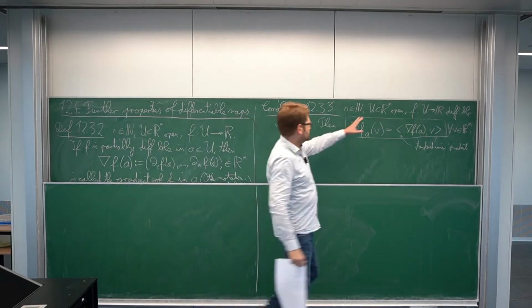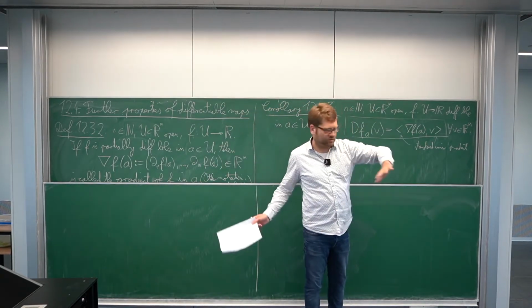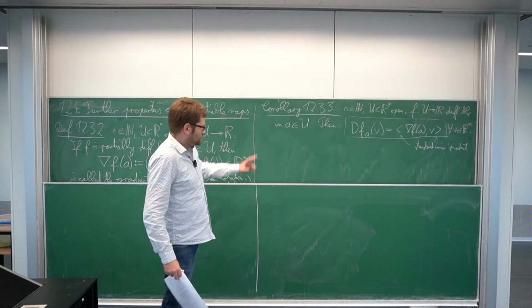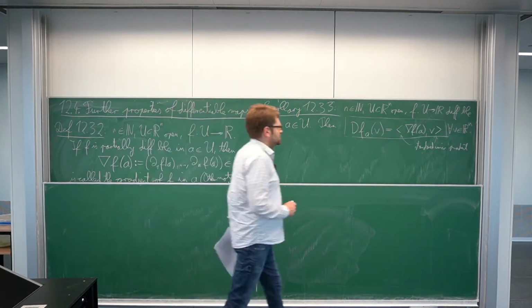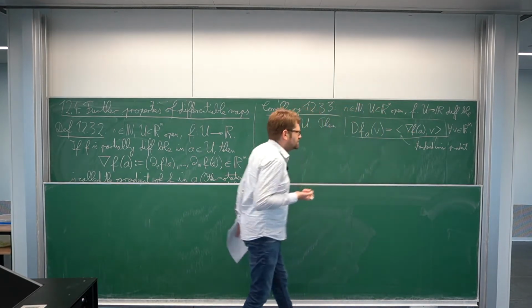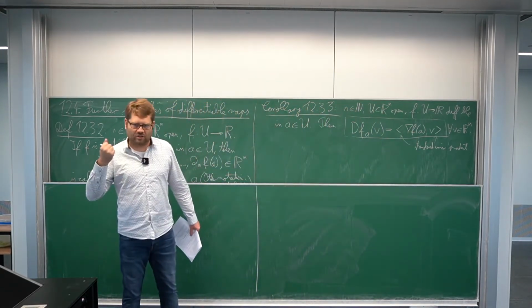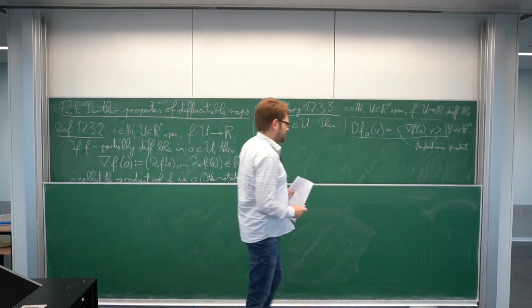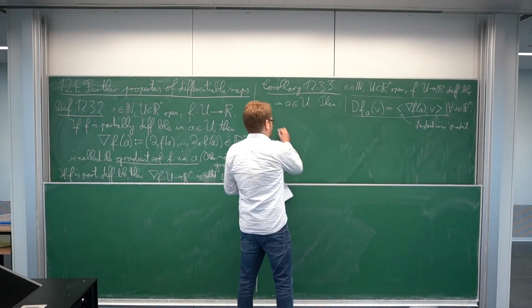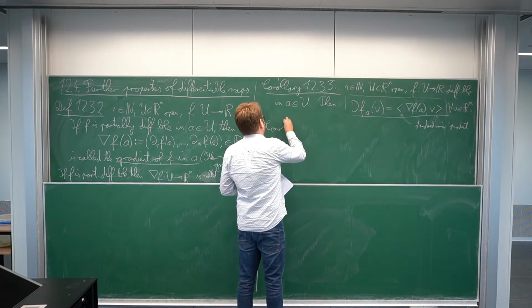Keep in mind, this is only defined for real functions, so for R-valued maps, because otherwise we don't have this gradient vector, but this is the way we describe it. So here, in this case, we can describe basically the whole differential by just describing one vector, this gradient vector. Okay, this is a beautiful relation, and there's actually nothing to prove, because this is just